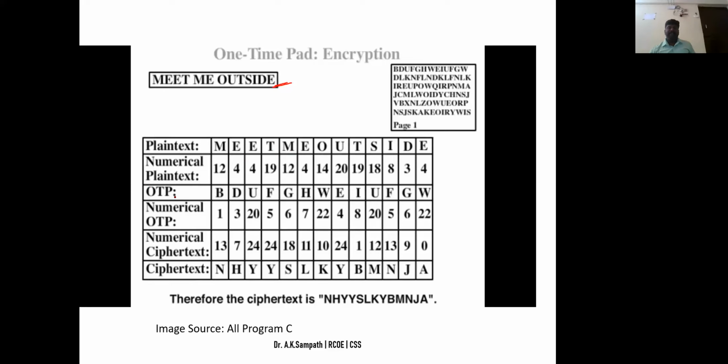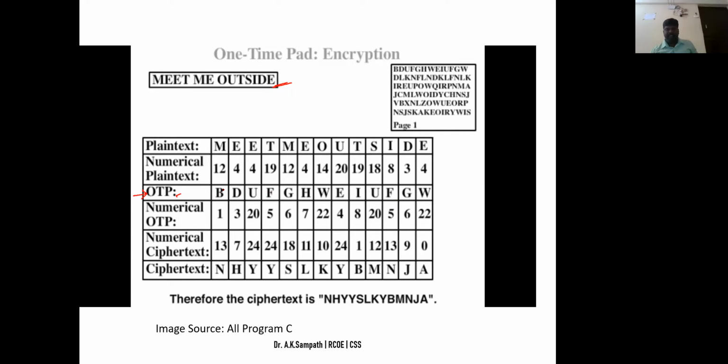Again, with the one-time pad, here is the key, which I am selecting randomly. You can find any values here, b, d, u, f, g, whatever you want. You can put it here, but with one-to-one mapping. Here, instead of saying key, I'm just using the term one-time pad. You can use it randomly, but there is no restriction on whether the key has to be repeated or not. Because here you use only one character, that can be repeated as many times as you want. Otherwise, you can use unique values.